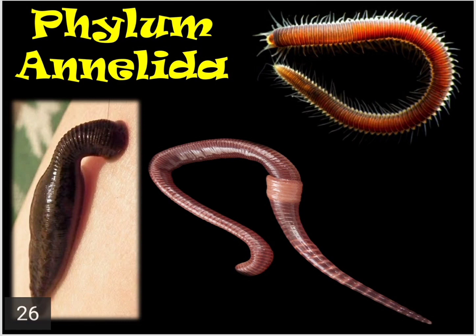Now, the free living animals may be either marine, that is, they may live in salt water, or they may live in fresh water, or they might even be present on land. For example, your earthworms are found on land. These animals are triploblastic, they have bilateral symmetry, and they are eucoelomate. They have setae or parapodia or suckers for locomotion.